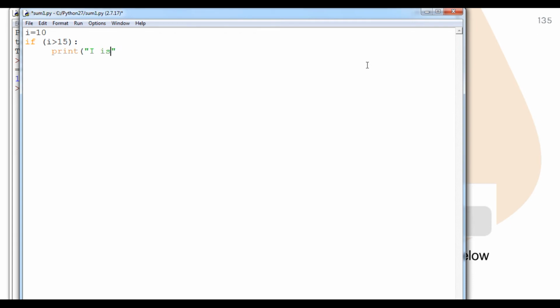I is bigger than 15, round bracket close.